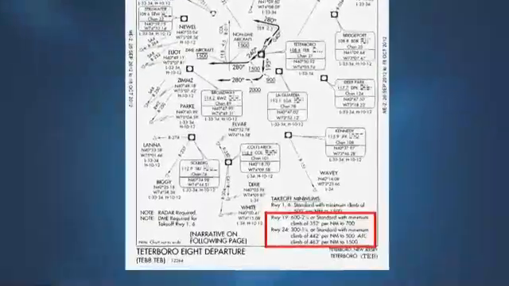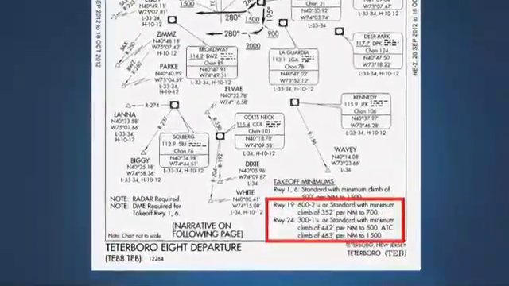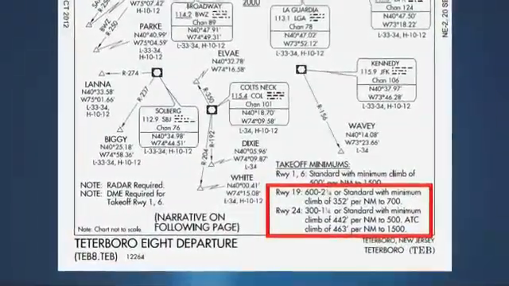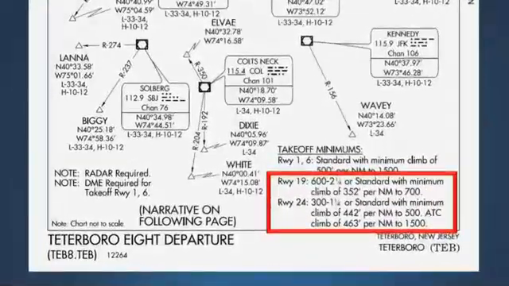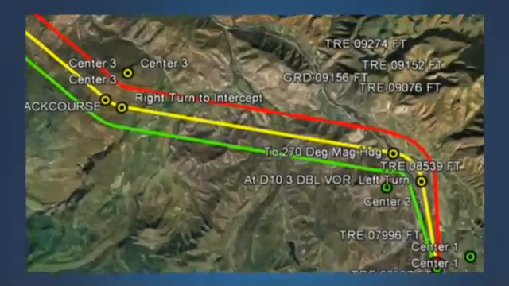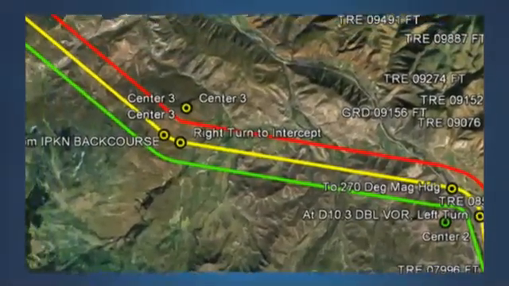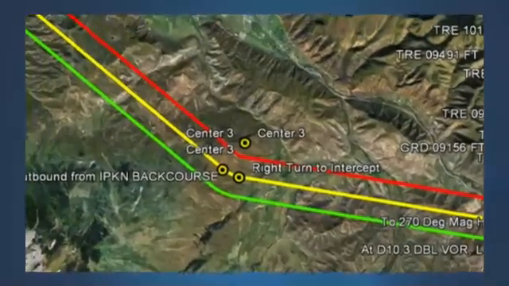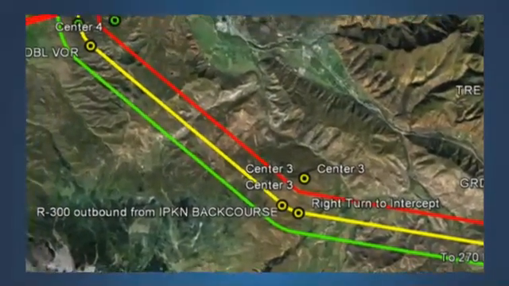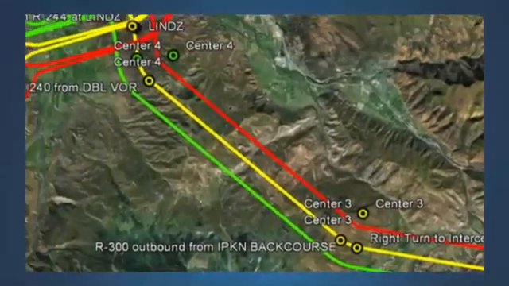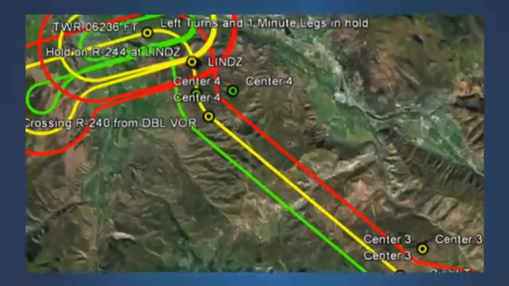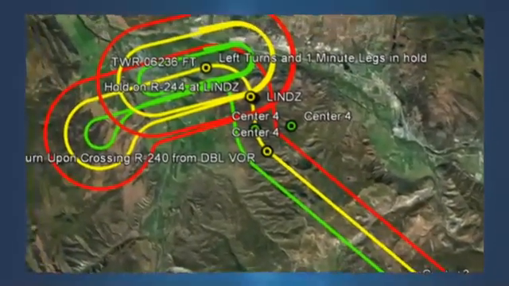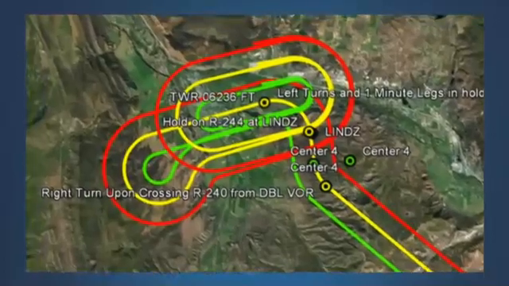These climb requirements are determined in consideration of all aircraft that are authorized to use the procedures and the full range of airspeeds that may be flown by departing aircraft. For example, 250 knots below 10,000 feet. On the other hand, the contingency procedures for an engine failure on takeoff are developed based on the demonstrated performance for a specific airplane type. The airplane's flight track can be accurately predicted based on the actual speed flown following an engine failure, for example